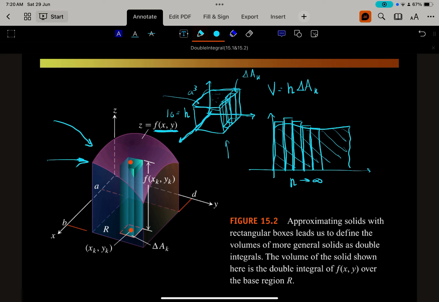The height is changing with respect to x, with respect to y, it's always changing. So now, since the height is changing and we have a function that represents the height, we can basically say that the volume of one box, Vk, is equal to